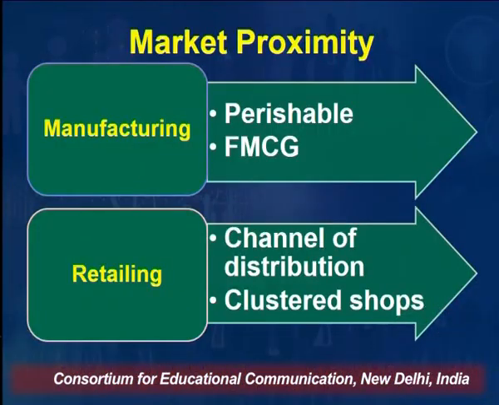Market proximity we are talking about. If somebody is running a manufacturing plant, it depends on whether the goods are perishable goods, let's say food items, etc., or somebody is making fast moving consumer goods, so accordingly the market proximity will depend. Retailing, again, channel of distribution and clustered shops. So here, for example,